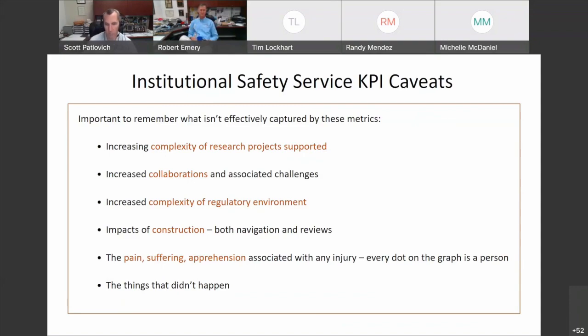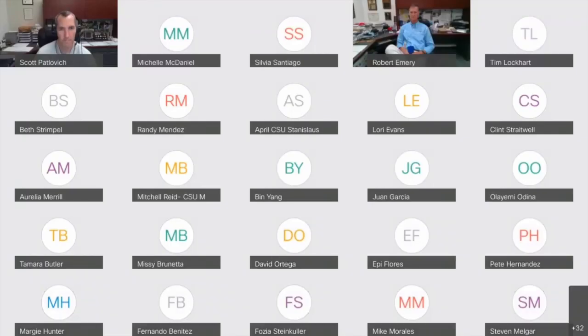Important stuff there. There's more to the annual report. I'm going to stop here and open it up for questions and discussion. There are a couple of other additional slides that talk about how we serve the community in regards to teaching, research, and service, but I'll stop here for the sake of time. Questions, discussions?